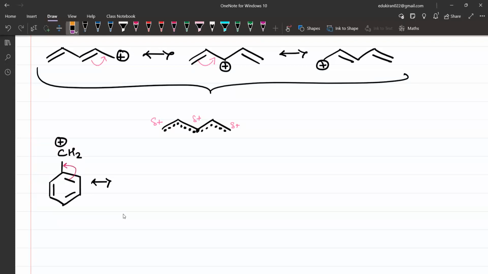The pi bond and the positive charge, वहां जहां पे आपको फोकस करना है वहां पे फोकस करके you try to move the pi bond. ठीक है, चलिए।